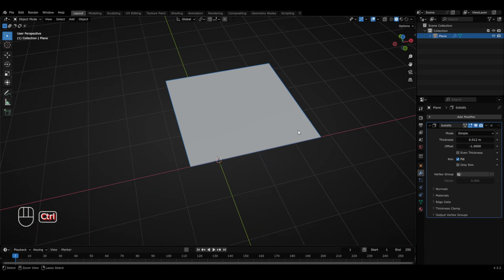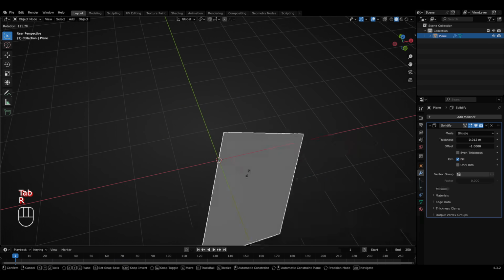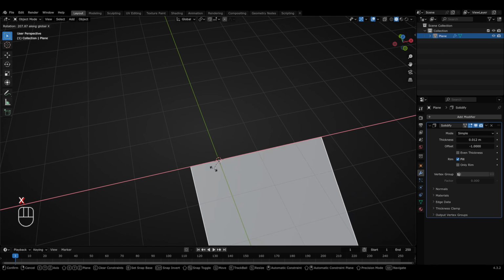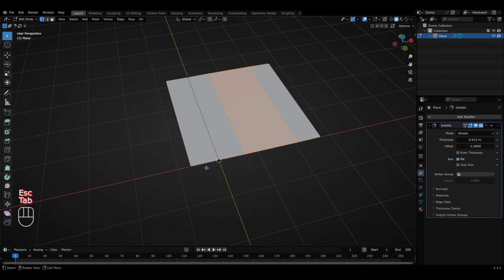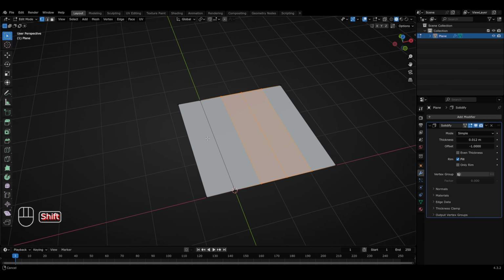And now the next thing that we'll do is to adjust the position of the plane's origin. Currently, it is located at the position of the 3D cursor. However, it would be much better if we could keep the origin point somewhere over here in the middle, because in that case, operations like rotation and scaling will be much better and easier. Currently, if I try to rotate it, then the rotation will happen around this origin point, which right now doesn't look very nice. So to fix this problem, let's switch to the edit mode,